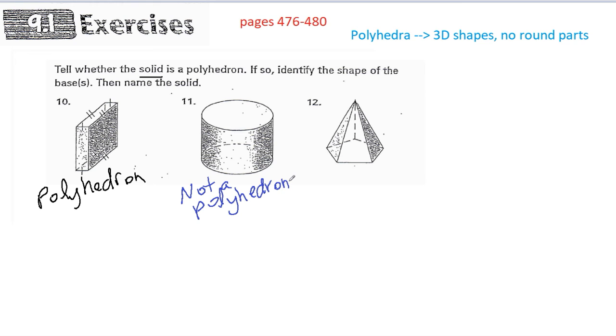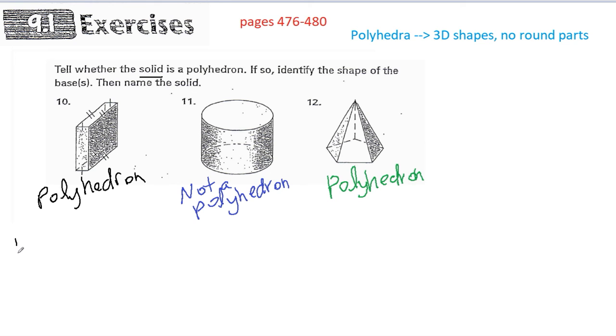And then number 12, to finish up for this, is it a polyhedron or not? Again, it's a 3D shape. I don't see any round parts. So for my simplified definition, this is a polyhedron. Okay, so that's whether or not it is a polyhedron. Number 10, yes. Number 11, no. Number 12, yes, it is a polyhedron. When we look at the base for each one now,